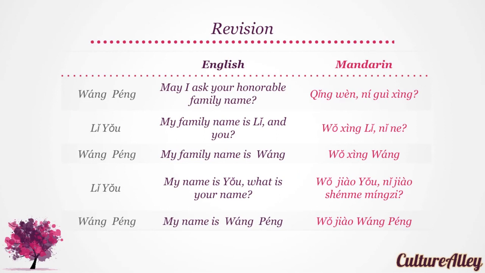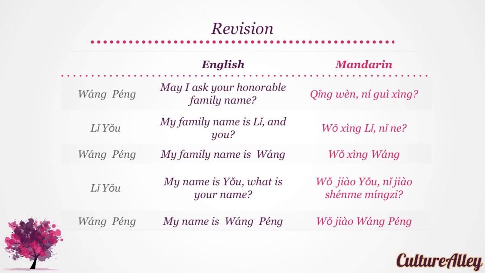Let's do one final review using a conversation between Wang Peng and Leo. May I ask your honorable family name? My family name is Li. And you? My family name is Wang. My name is Yo. What is your name? My name is Wang Peng. Now, let's see how this goes in Mandarin. 请问您贵姓？我姓李，你呢？我姓王。我叫友，你叫什么名字？我叫王鹏。